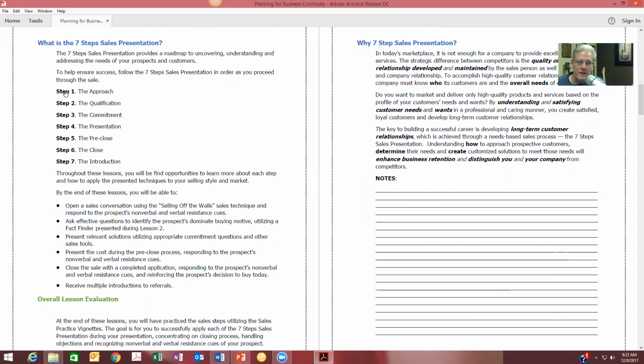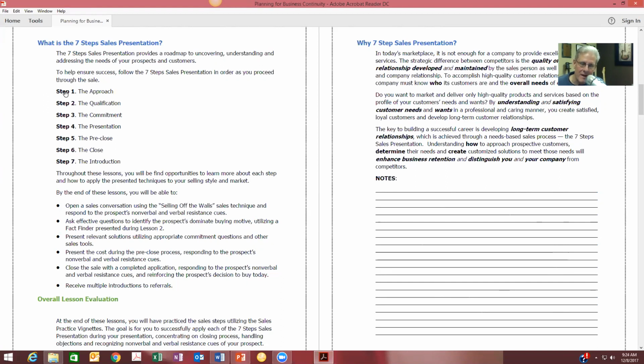The pre-approach is also predictable. How you set your business up, how you determine what your market is, how you get in front of your market, and how you present yourself as a professional is all part of the approach. The approach is more than just knocking on a door, making a phone call, or walking in the business. The approach is all about the persona that you set up and the criteria you use to get in front of the prospects that are most likely to have an interest in what you have to say.